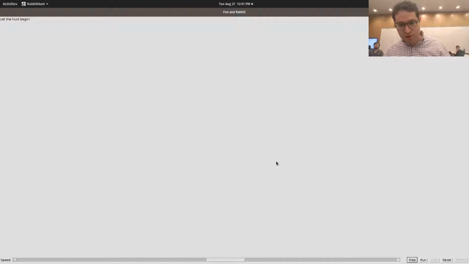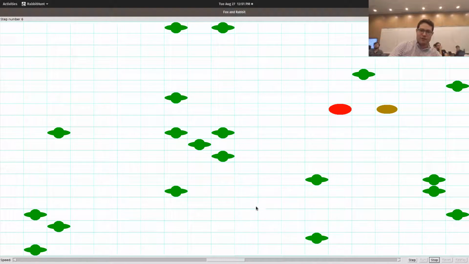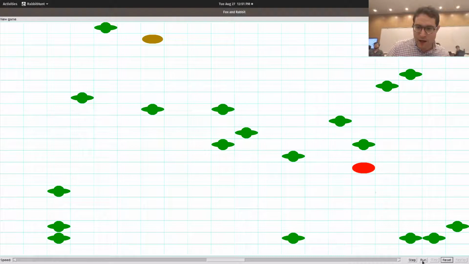So you'll notice there's some controls here. So what we do is that we will do run. So this is a very basic game. The object of the game is pretty straightforward, because that game ended pretty quickly. This red dot is the fox. His job in life is to eat. He would like to very much eat the rabbit.